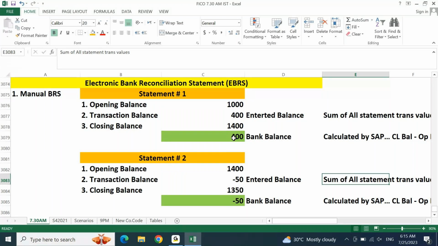Now, in order to understand electronic BRS easily, it is recommended that you practice manual BRS and understand how entries are getting processed. Calculate one dummy statement with an opening balance and certain transaction figures, calculate the closing balance, and upload this in SAP. Once you do this manual BRS practice, electronic BRS is nothing. You will not find any difference in electronic BRS if you practice manual BRS at least one time, one full statement. Now, in electronic BRS,